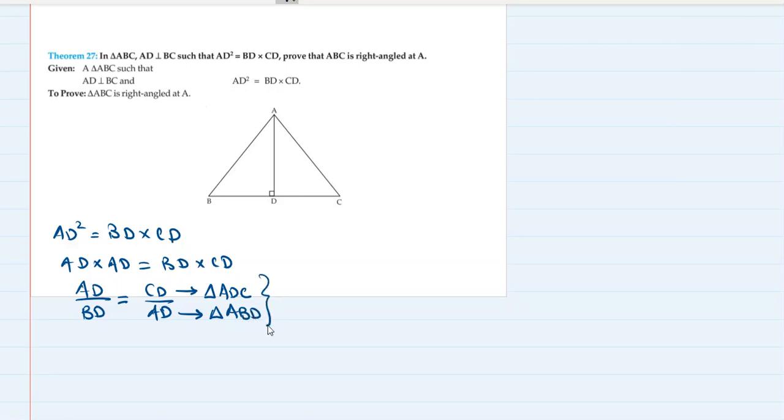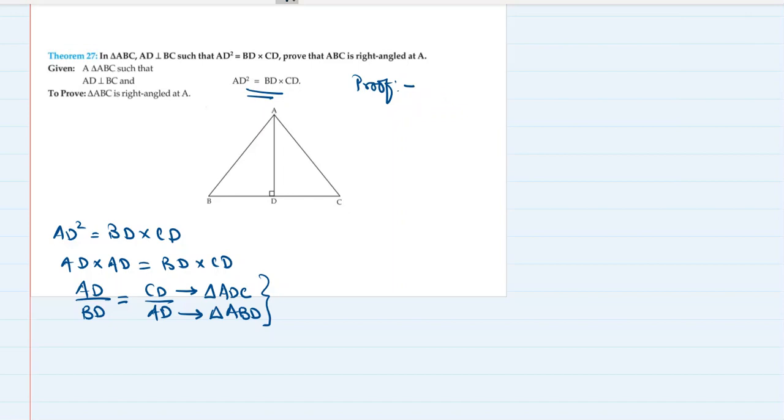So which shows that these two triangles must have something common in them. Nothing common, but they are similar triangles. So these are the two triangles ACD and ABD which you have to prove similar, and then you can go ahead and prove the given triangle as a right angle triangle. So how do we do that? Proving the given triangle ABC right angled at A, it's a long shot. With the help of the backdoor technique, from whatever they have given to us, AD square is equal to BD into CD, from that information, we can do something. See what I'm going to do. Please pay attention. Proof.